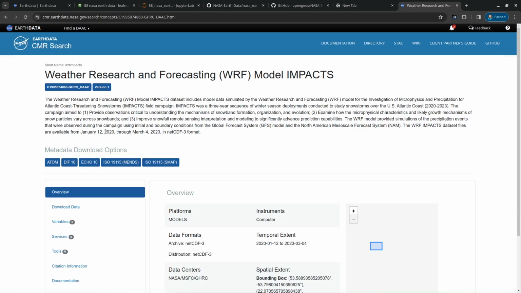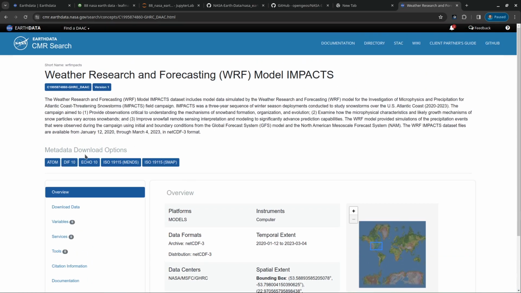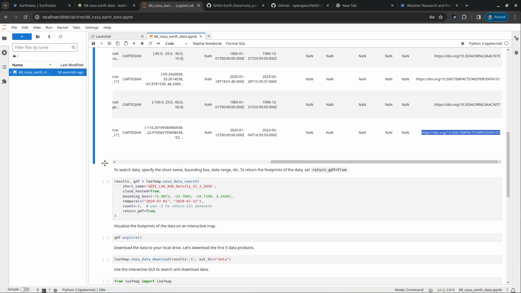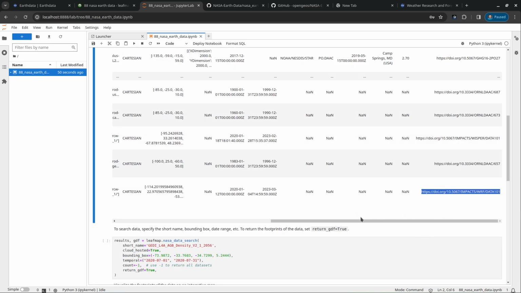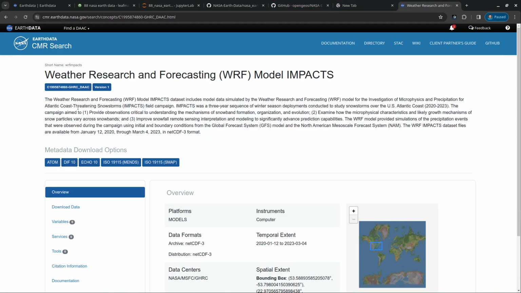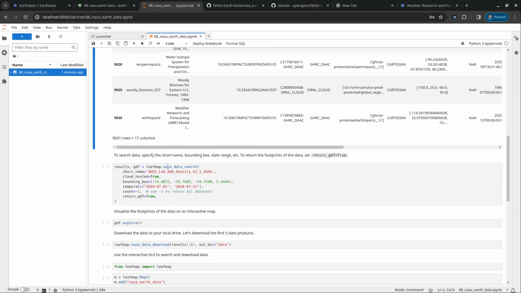So this one shows you, after you do the search, for example, read the table, you can see the metadata information in there. And once you have this data table, what we need to do is to figure out the short name. So if you already know the name, if you go to the NASA Earthdata website, for example here, this will be the unique ID of the data set. And what we want is to get this short name and then pass it to the next code block here,